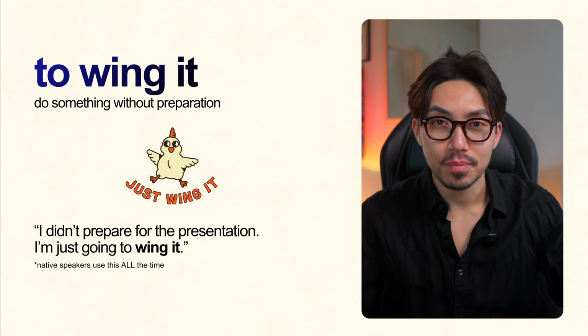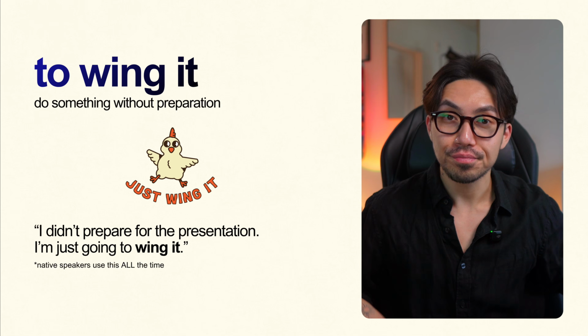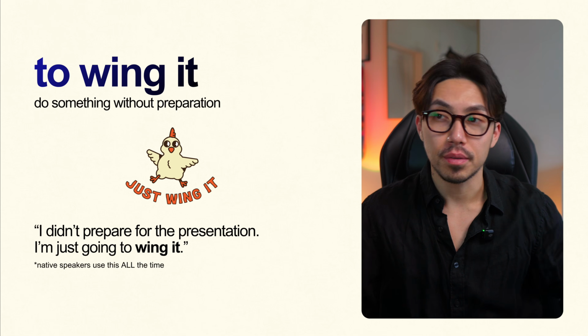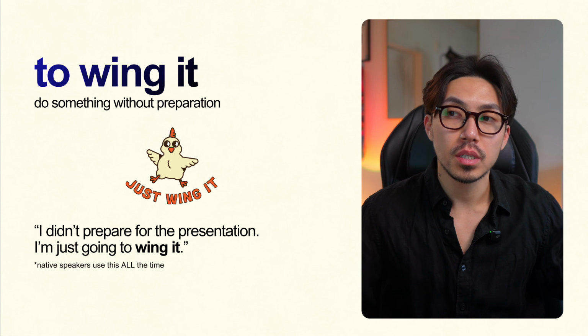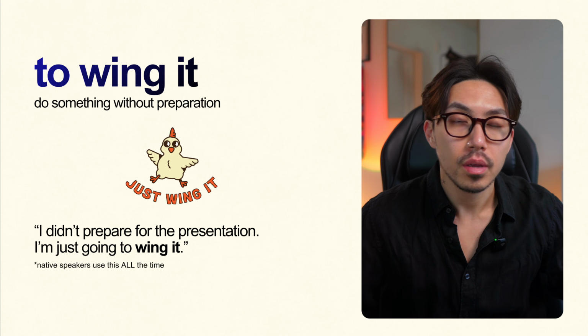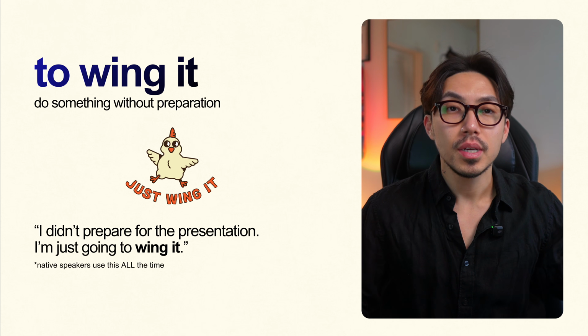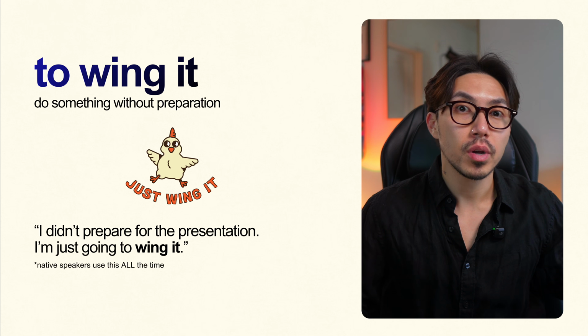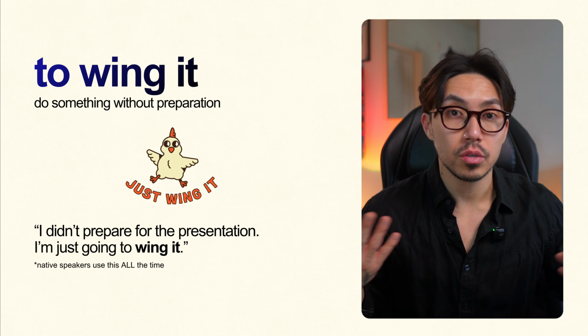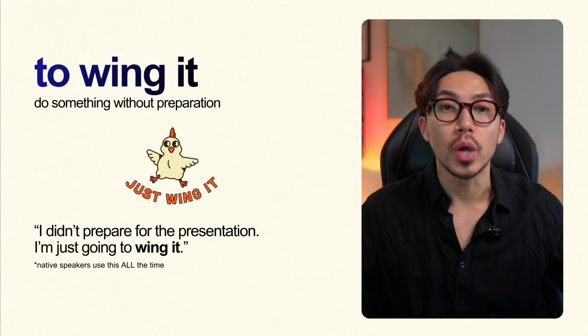And the last one is very fun because sometimes you just say, whatever, I don't care. I'm not gonna prepare. I'm just gonna get there and improvise. For that, we can say to wing it. Wing, like wing. Wing it. Let's just wing it. I didn't prepare for my presentation. I'm just gonna wing it. Not a good idea, maybe for that, but you know what I mean. You can't prepare for everything in life, so if you're very confident in your skills or whatever the case may be, you can just wing it.